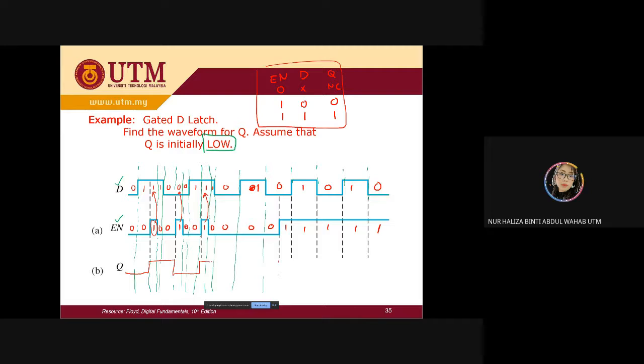Here is 0, no change. Here is 0, no change, no change, no change until I meet my 1. 1, I will look up here. It is 0. This one is 0, so will be 0. 1 will be 1. 1 will be, look here is a 0. 1 look up here, it will be 1. 1 look up here, it will be 0. So here is my